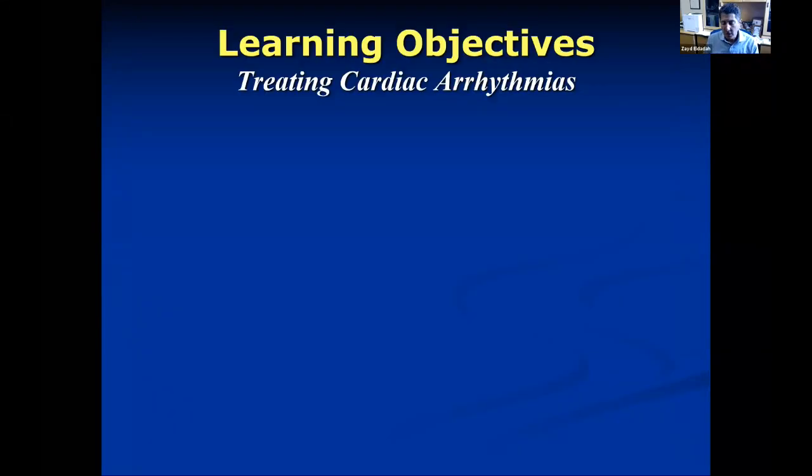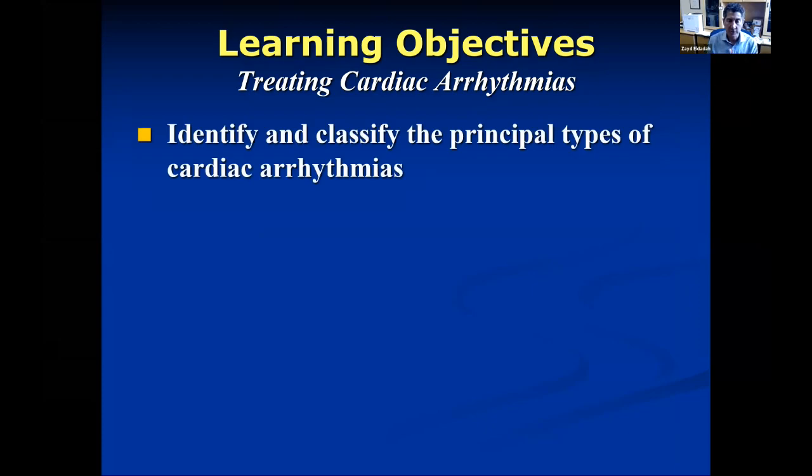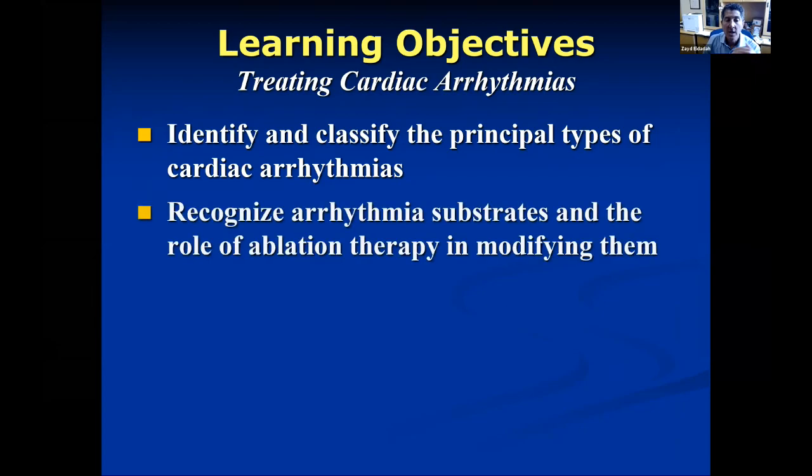Today we're going to talk about atrial arrhythmias and treating them in actual modern practice. So we have a few objectives. The first is to identify and classify the principal types of cardiac arrhythmias that originate in the atria, the upper chambers of the heart, the supraventricular arrhythmias, to recognize arrhythmia substrates and the role of ablation therapy in modifying them,